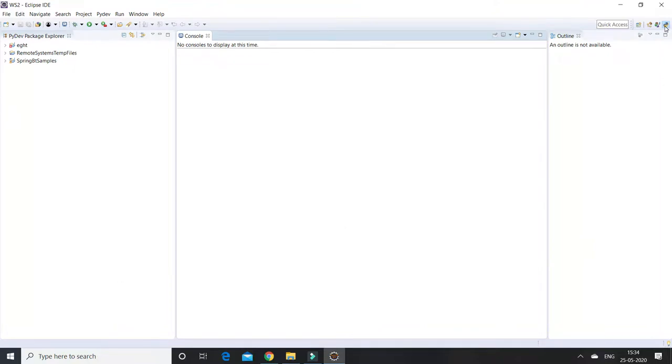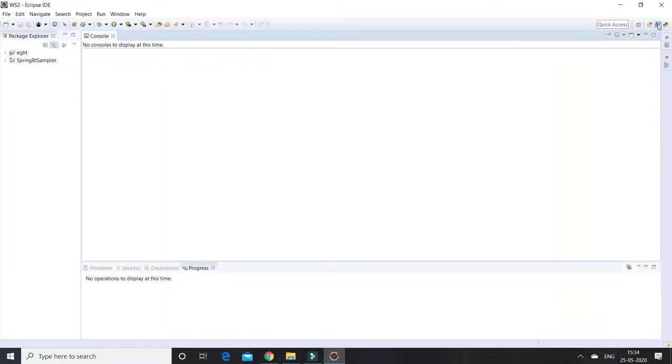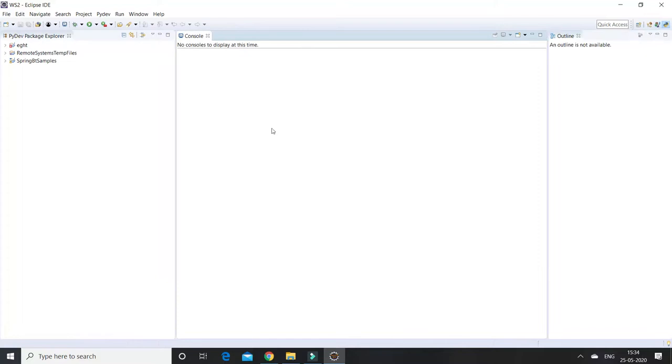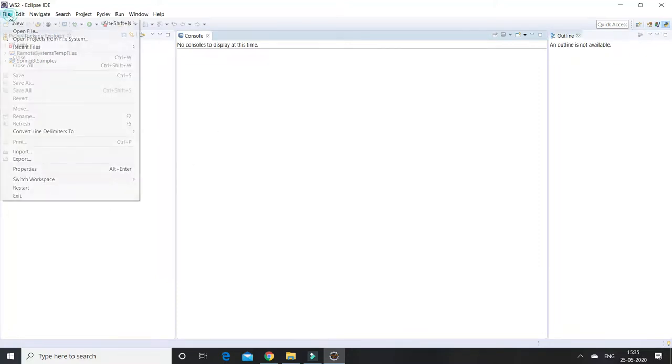It will currently be opening in the Python mode only. Are you seeing this? In the corner section it is showing Java; this is going to Java. If you click Python, it will go to the PyDev Python perspective. So let's run a small application here.